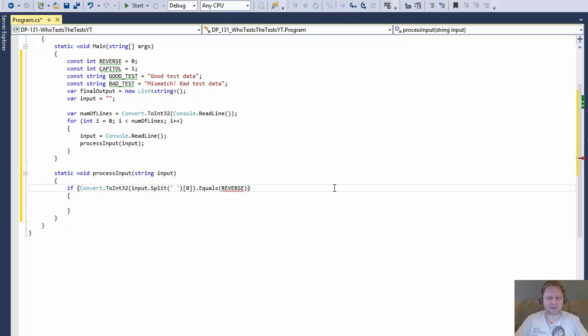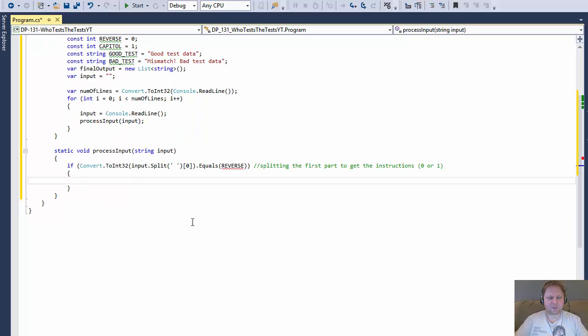This is splitting the first part to get the instructions, which is the 0 or 1. That's what this line of code does. So if this is a 0,